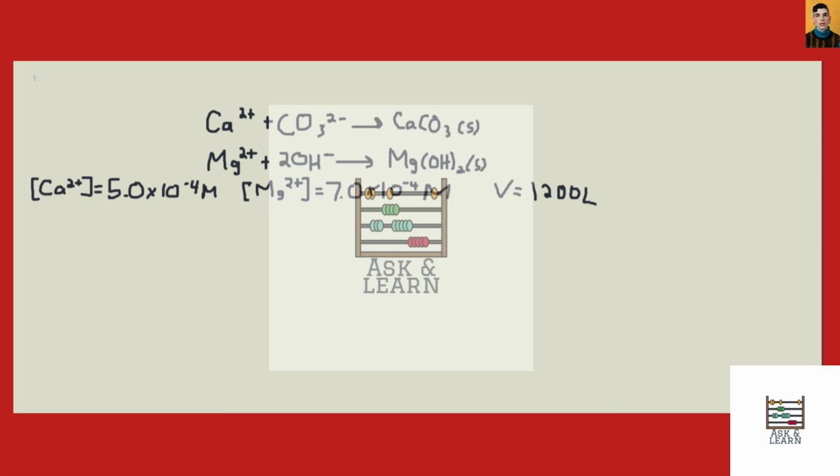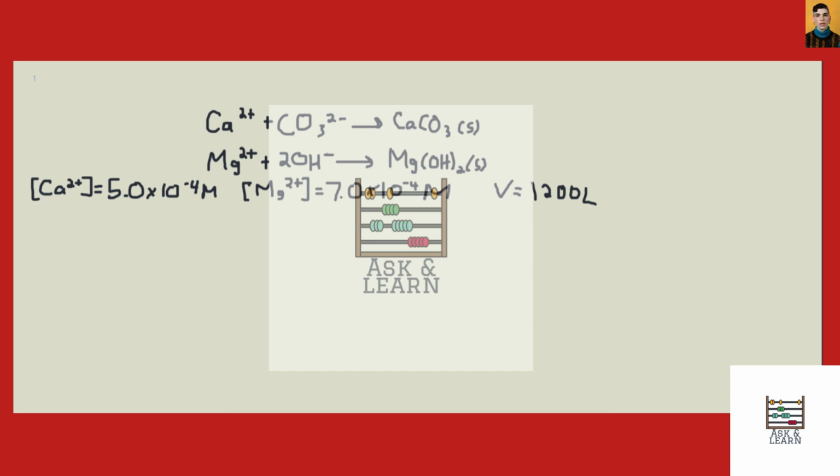All right, guys, we're doing problem 52, chapter 18 in Chemistry: The Central Science. In the lime soda process, once used in large-scale municipal water softening, calcium hydroxide prepared from lime and sodium carbonate are added to precipitate Ca2+ as calcium carbonate and Mg2+ as magnesium hydroxide. You can see those reactions here. How many moles of calcium hydroxide and sodium carbonate should be added to soften, or rather remove, calcium and magnesium